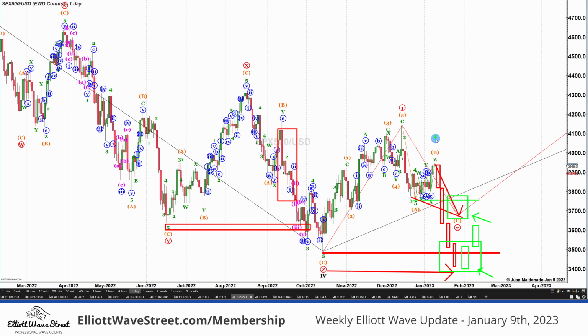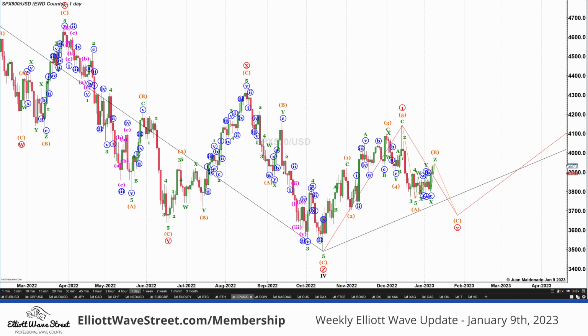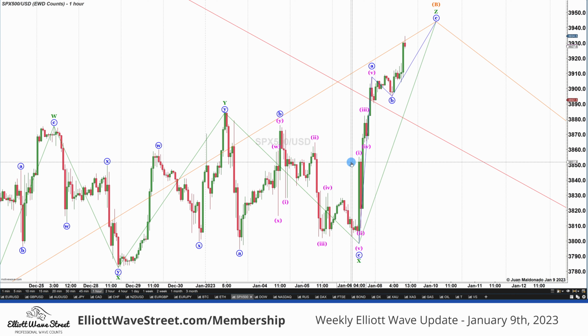But in the meantime, we can focus on finding the end of this B to short. That will be the shorter term analysis, the shorter term plan. Finding the end of this B to capture at least a leg down to the end of A, and we will see if it breaks down strongly, we keep part of the trade, or if it rejects, we close with good profits and we go long. Make sense? That will be the first months of the year. For now, we can move to lower time frames and find out what's going on with this B.